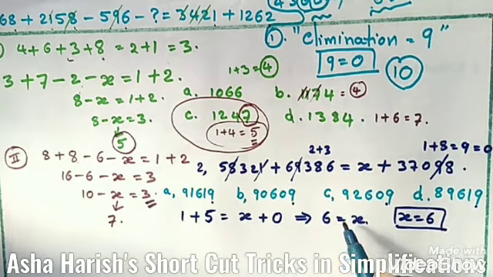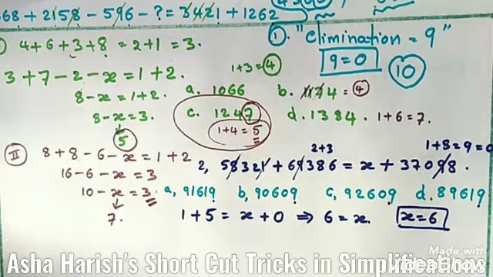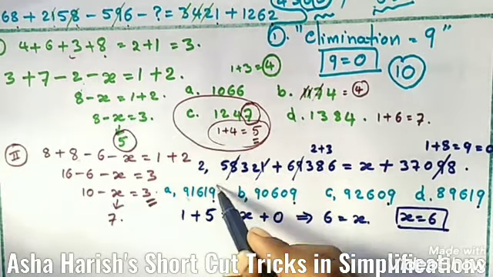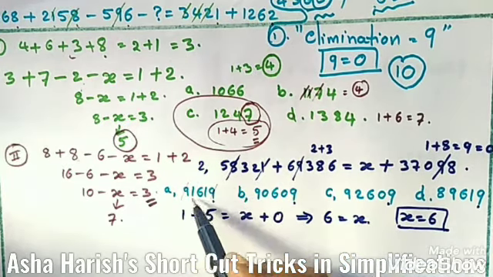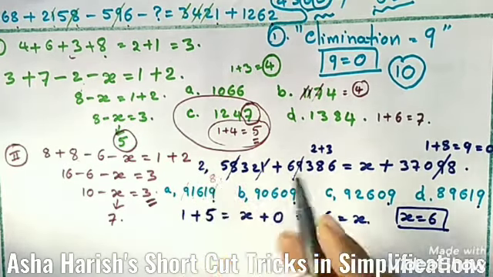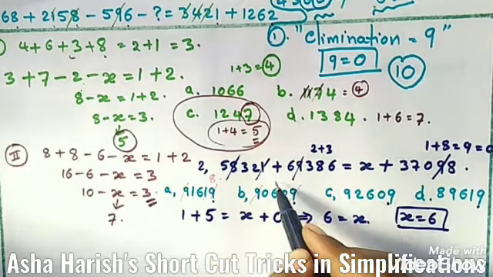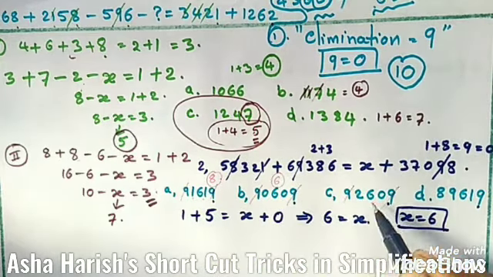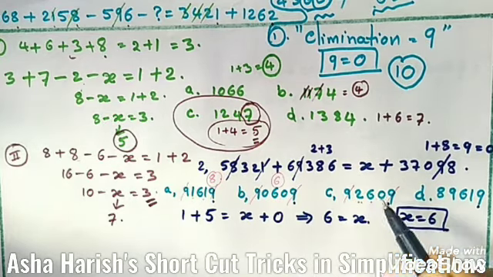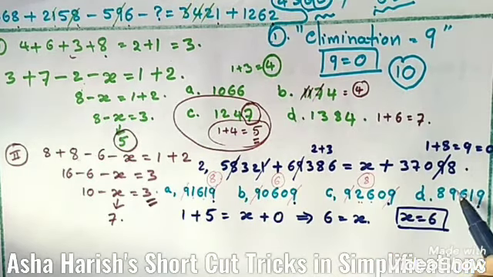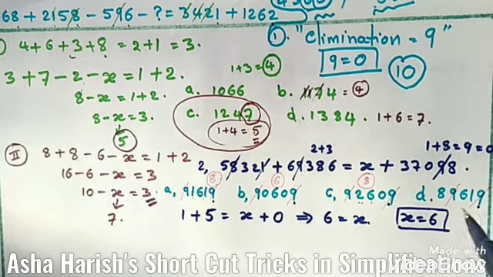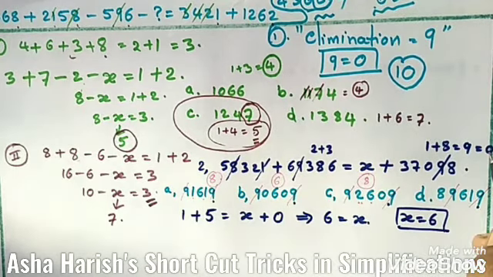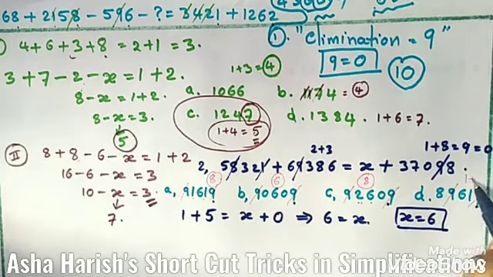Let us see the digit sum rule only for this. Here this 9 and this 9 are eliminated, 6 7 8, so here is the number 8. These two 9s eliminated, here is the number 6. Here also these two 9s eliminated, 6 7 8, so here is the number 8. And here also the same 9s are eliminated, 8 plus 7, that is 15, means 1 plus 5, here is the